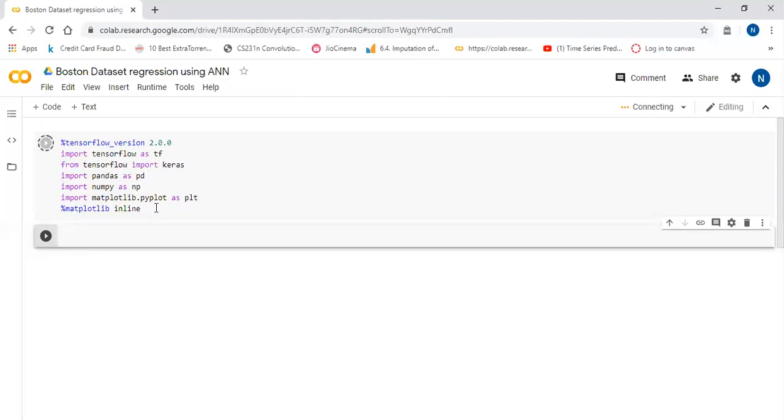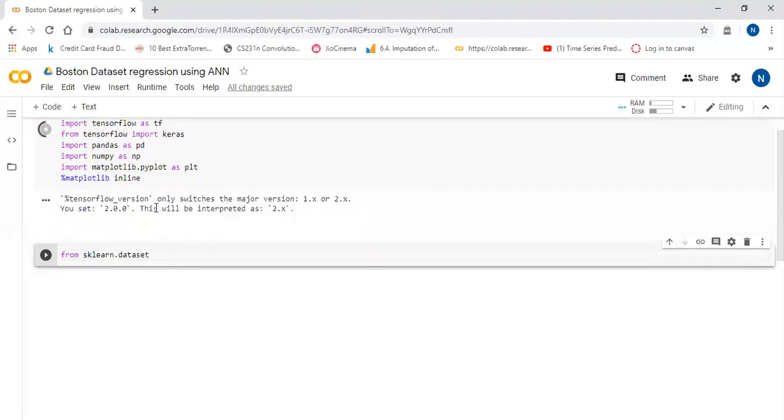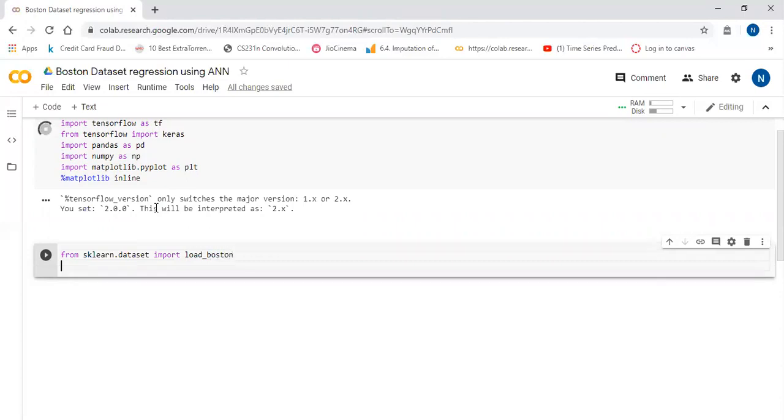Now we are going to create an object for the Boston dataset. So from sklearn.datasets import load_boston.